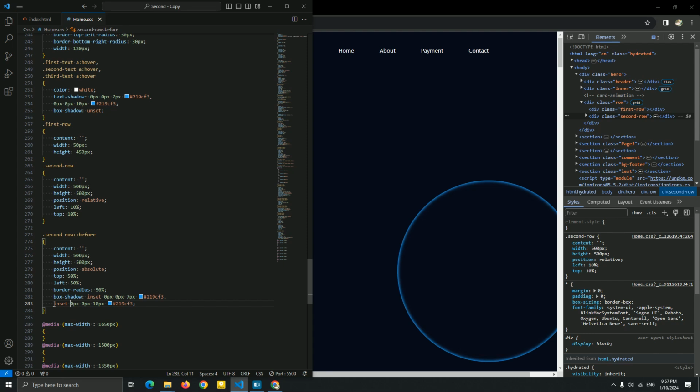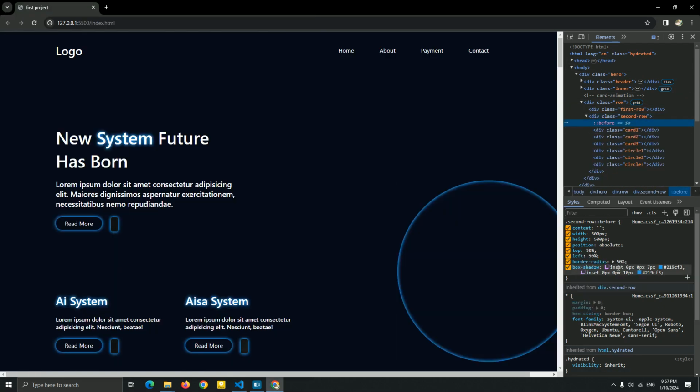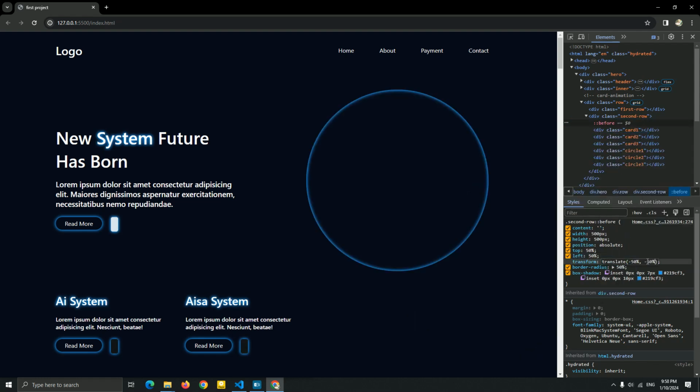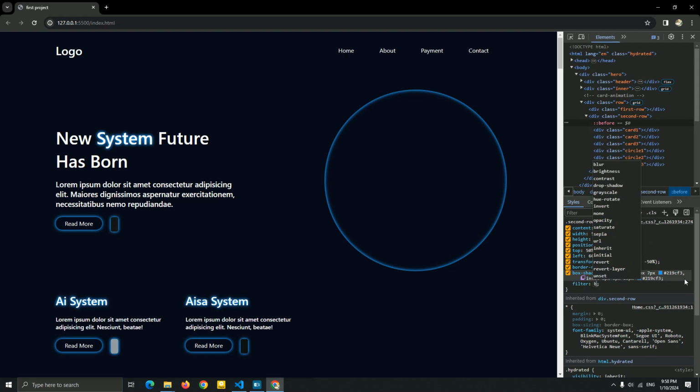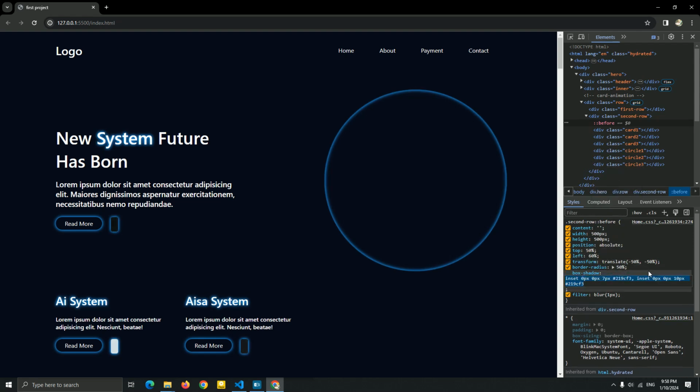So now let me fix this position. And let me add a little left, 60%. Okay, now let me just add a filter blur. So here, filter blur. You know what, let me just increase this box shadow, guys.